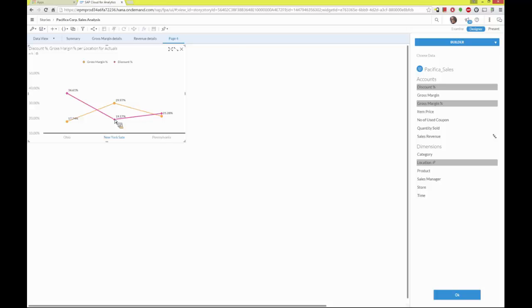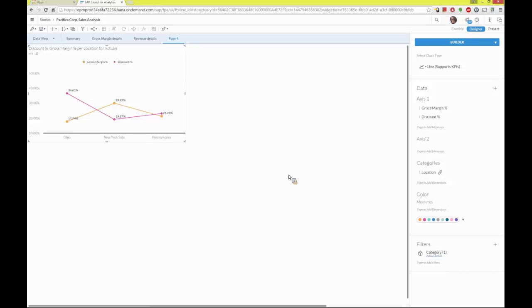So here, the orange line, we can see that this is our gross margin, and the purple line, I am one of the visualization product managers here, and I am colorblind, so it's important that we realize that it's not just color that we need to use to be able to analyze information. But I think this line is purple. Let's go with purple. And this is showing us the discount percentage. So we can see there's a very clear correlation between discount and gross margin. If the discount is high, gross margin is not so great, and vice versa.